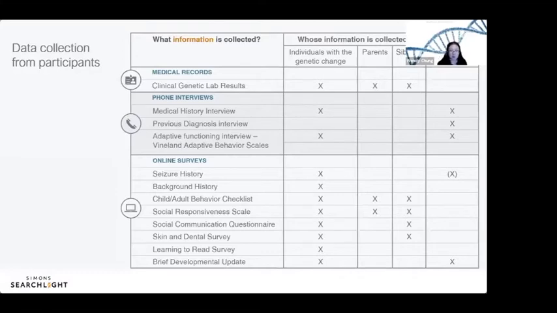So the information I'm going to be reviewing with you today is largely information that comes from the telephone interviews. For those of you who have been part of this, you know that we have, as I said, genetic counselors who talk with you about your child's history, everything from before they were born up until the present day. And as well, we also try and get a sense of how they're developing, if there are particular domains or particular areas that are especially easier or potentially more challenging.